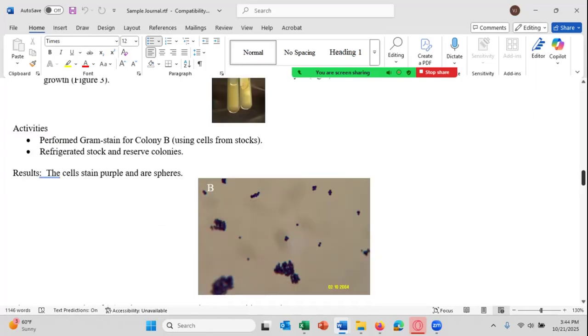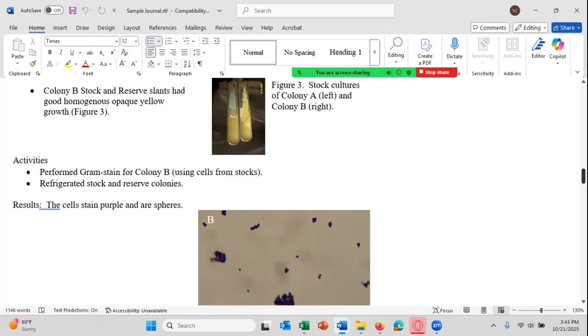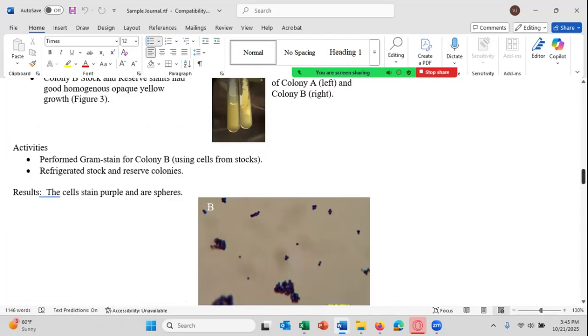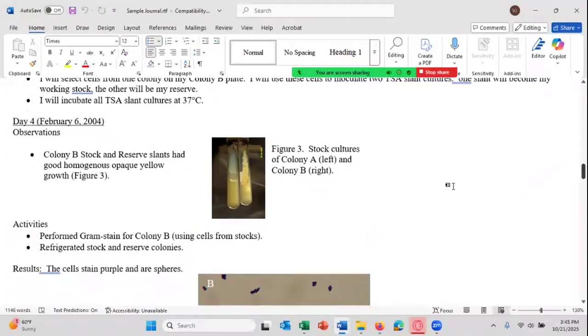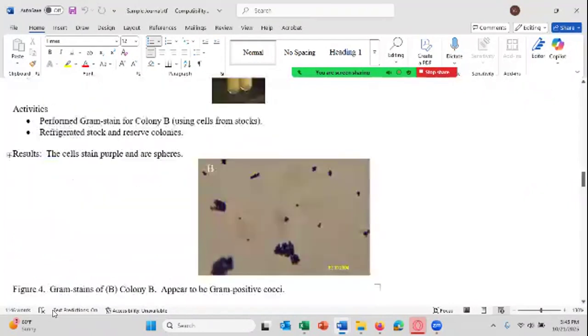So generally speaking, on all days, you should have an observation, an activity. Those are the tests you're going to be running that day starting, and then the results and conclusions. On some days, if you simply request a test and you don't have any results or conclusions to put up, you'll only have maybe observations from a previous test you requested and the activities you performed on that day. So the results and conclusions will be on another day. For the gram stain, obviously, they're usually coming on the same day.